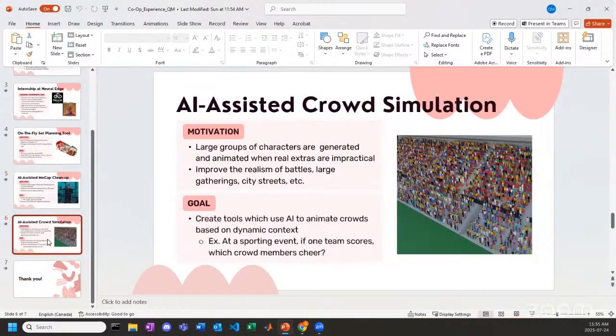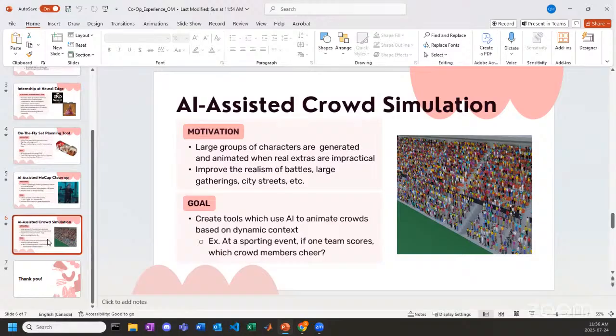And then the final project idea that they have is this AI-assisted crowd simulation. So this is for cases where large groups of characters need to be generated and animated whenever using real extras would be really impractical. This is to improve the realism of things like battle scenes or really large gatherings or really crowded city streets. The goal would be to create tools which use AI to animate the crowds based on